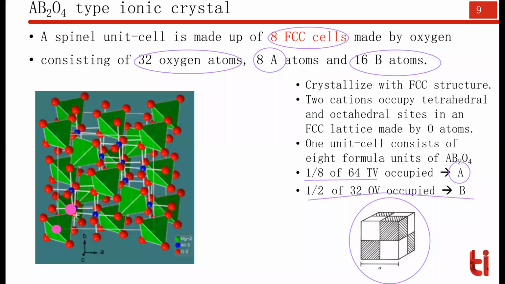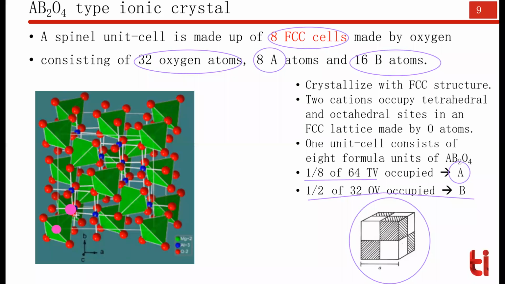No, it is not possible. In this particular spinel structure, your available oxygen is 4 and your available A is 1, right? So when you have 4 oxygen, then only 1 A is available. So if you have a total of 32 oxygen available, then only 8 A will be available. So there is no way by which you can bring 64 A's to take up all of your tetrahedral voids.